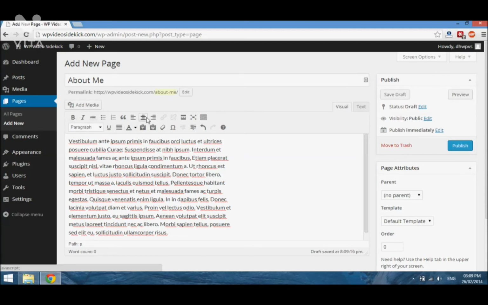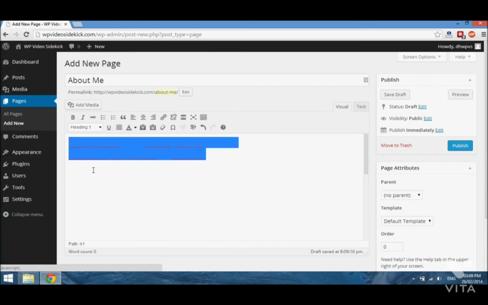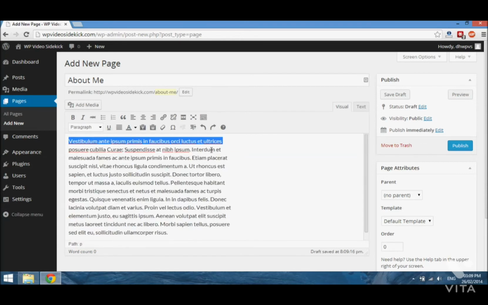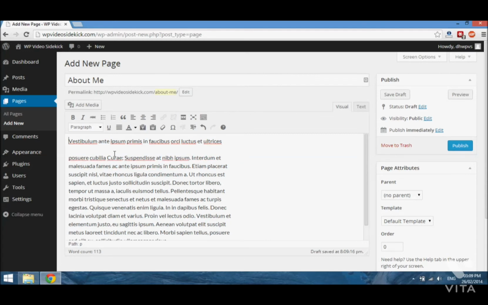We can make the text bold, etc. In this case I'm going to use this top line here, use the heading 1 tag, and okay, let me undo that. Didn't mean to apply it to all of the text. Let me just press enter and separate this